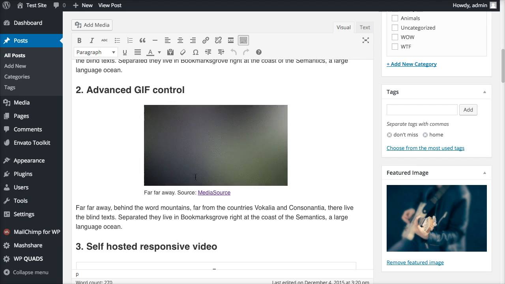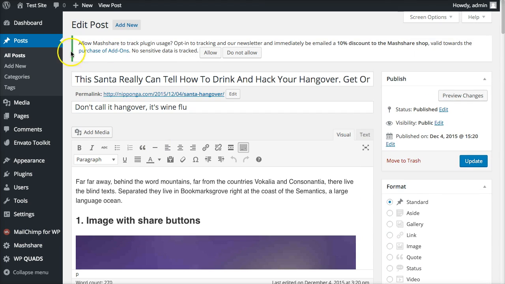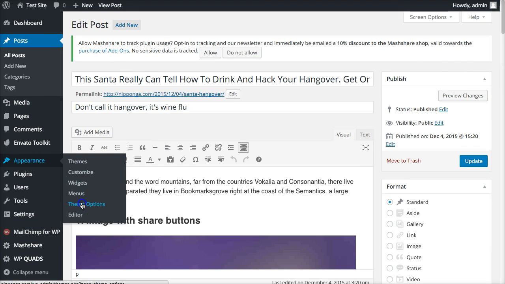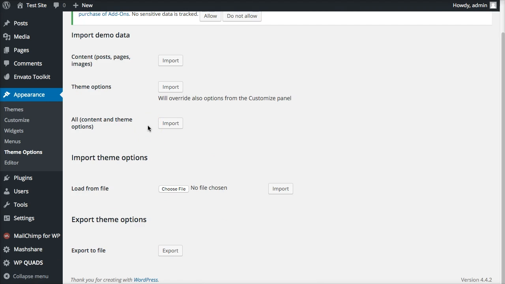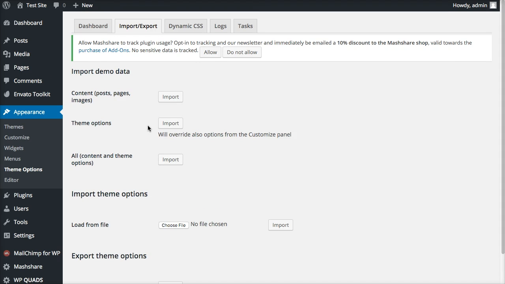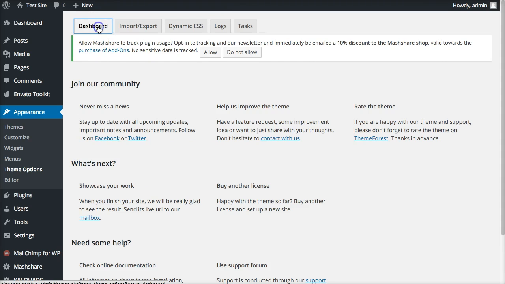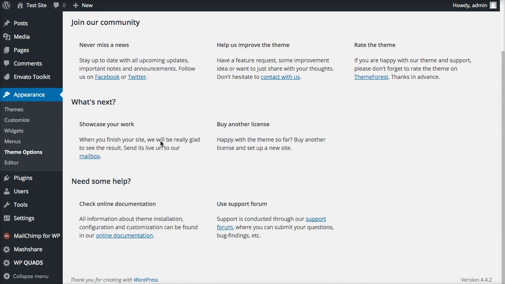The best way, by the way, to do that, if you don't know how to get rid of all the dummy content, I'm not sure if there's a setting on the theme options. Let's have a look. Remove dummy content. No, there's no option for that, which is a shame. That would be really good, wouldn't it, if they allowed you to just install the dummy content, then at the click of a button, remove everything. That's something that's lacking there. That would be a really nice